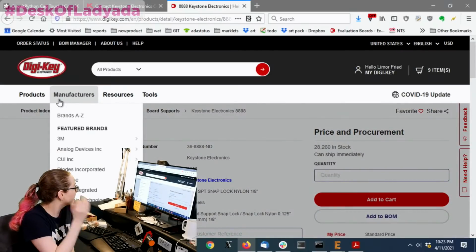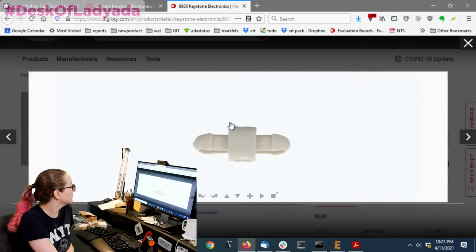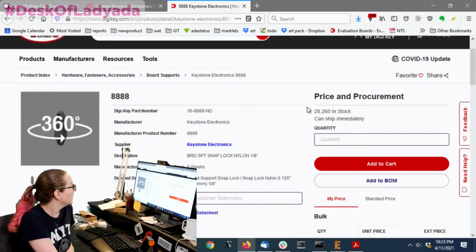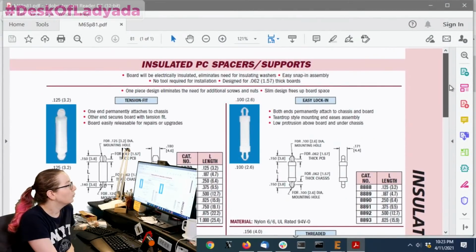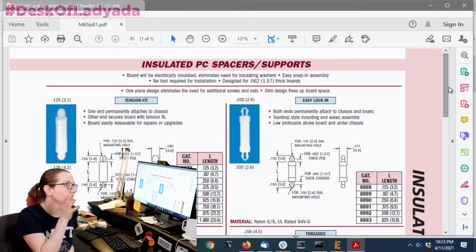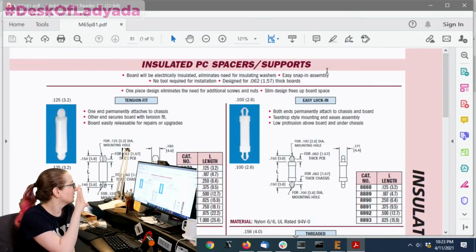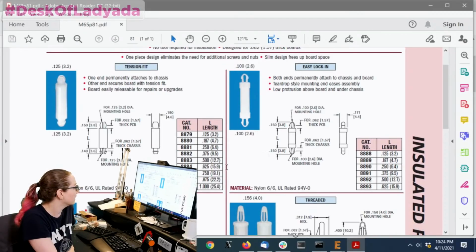So what I did is, first off, you can check out this cool 360. Always like the 360. You can zoom in, you can rotate. And then I looked at the data sheet, which I downloaded, and whenever I find a part that I like, especially a mechanical one, I look at the data sheet to see the catalog options because there's sometimes more info. Like for example, there's tension fit, easy lock in, and lock in, and I was like, well,